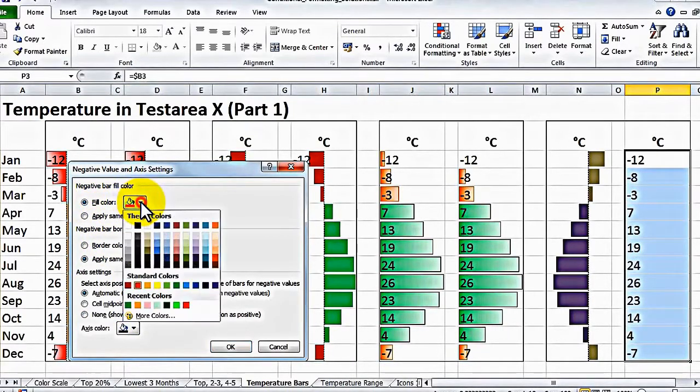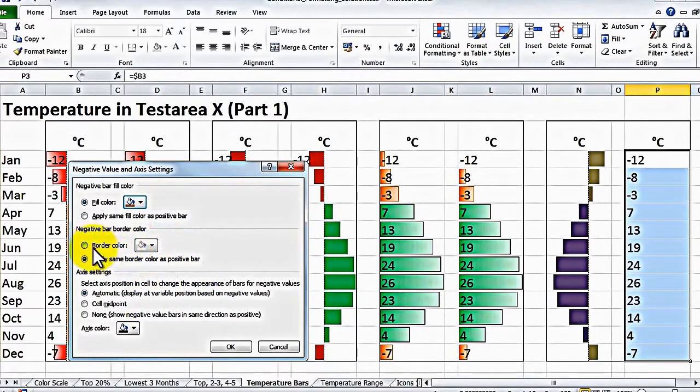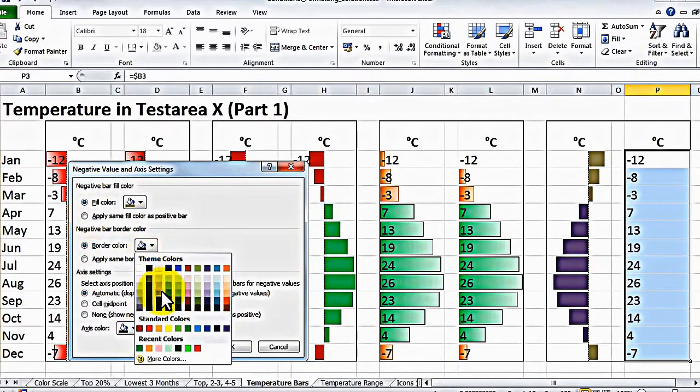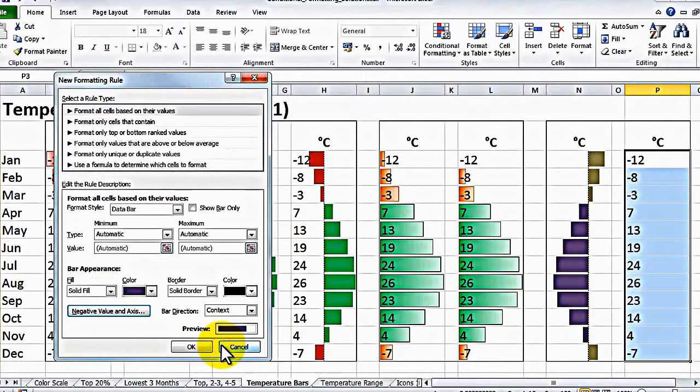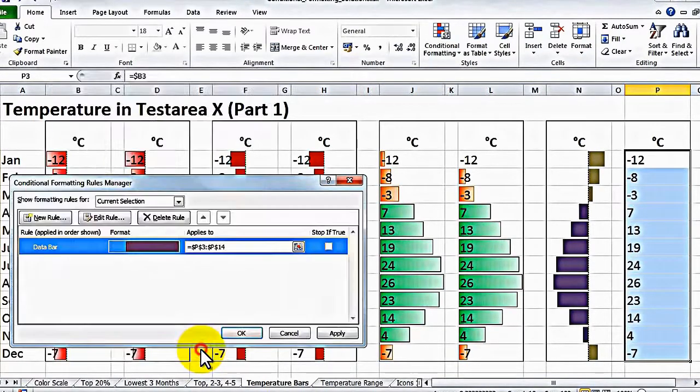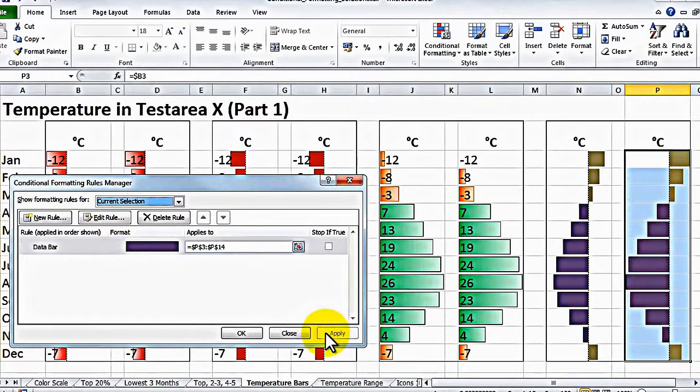Fill color is this 10. Border color is also this 10. Automatic, OK. To revert the drawing, we have to select right to left, and to omit the values we have to check this box. OK, apply, and